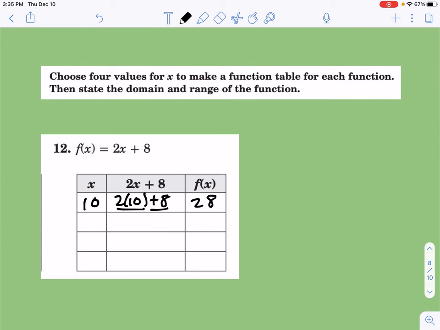All right, so let's do 2 now and see what happens. Well, 2 times 2, so that's 4 plus 8, so that's 12. All right, that's good. I think I'm going to skip 0 this time, and I'm going to go to